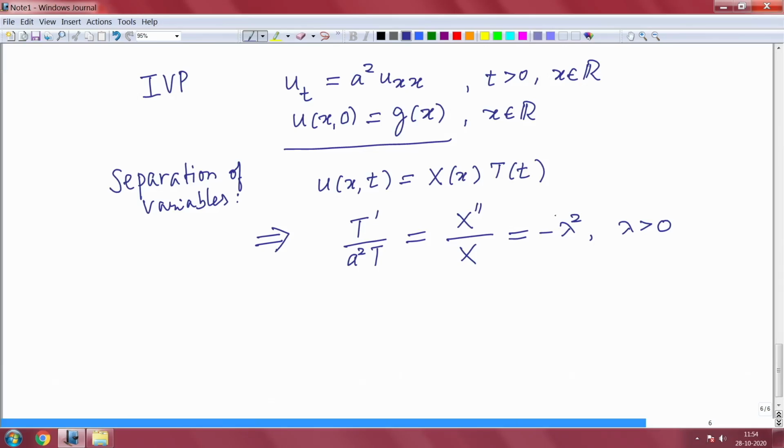Okay, so we cannot take a positive sign there, which makes this T exponentially grow, and that makes the solution grow exponentially large, which is not physically meaningful. So that is why this negative sign. Okay, so that is important. And then lambda is a positive constant,